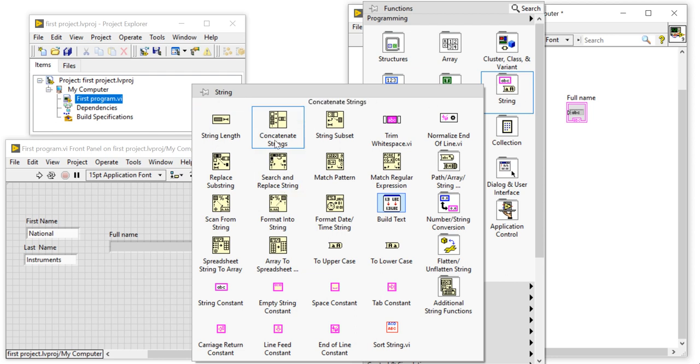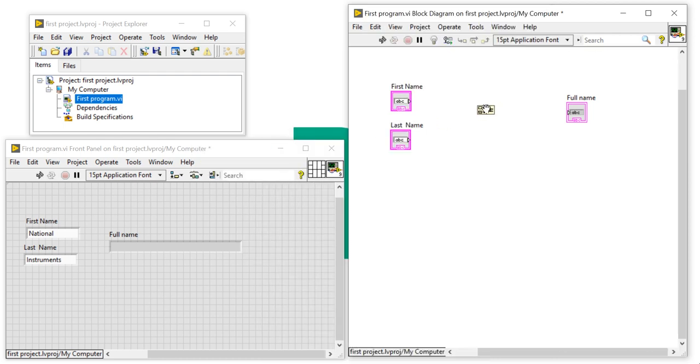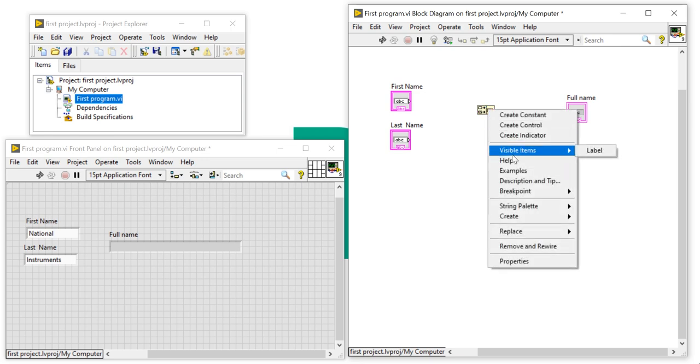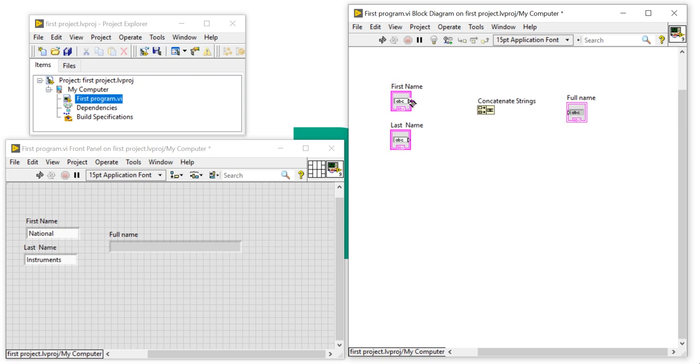In this palette, the Concatenate Strings function is present. Take Concatenate Strings and place it here. Now right click, Visible Items, Label. Right click, okay, connect this one.